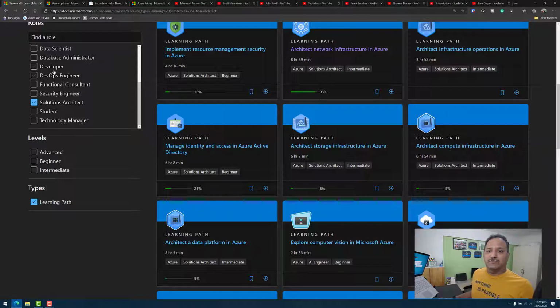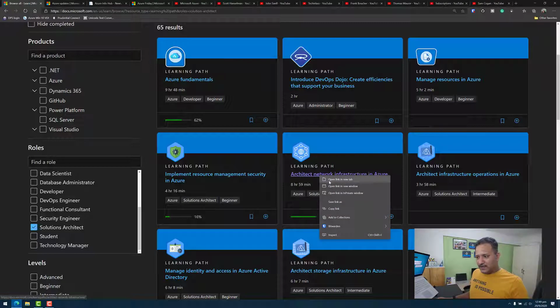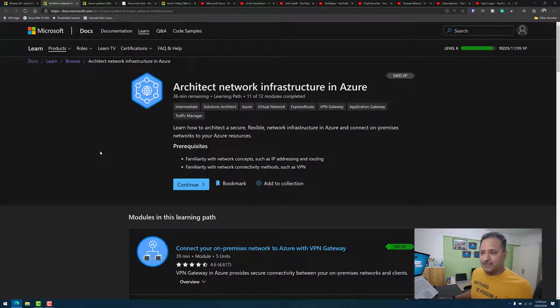If I want to learn about something, I can filter here based on the roles, and I can choose solution architect, and under the types I choose learning path. And let's say I want to learn about how to build or how to architect network infrastructure in Azure. So I can select this, and you can see here that this particular learning path consists of 12 different modules